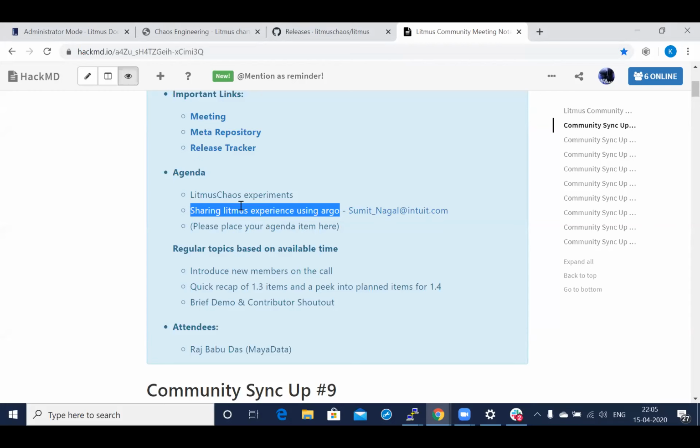And if there are any other questions in general, or if there are any discussions that you would like to have around the upcoming or planned items for 1.4, we can do that. So yeah, that's what we have as part of the agenda. Does anyone have anything that they would like to call out upfront? Anything that they would like to discuss?